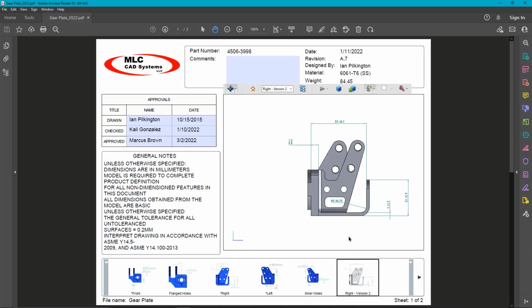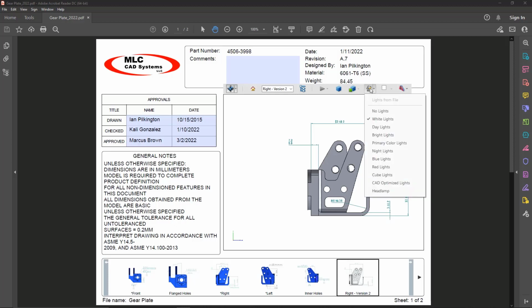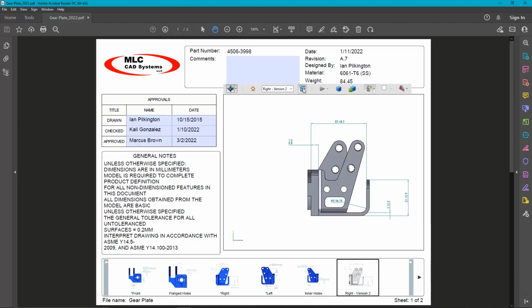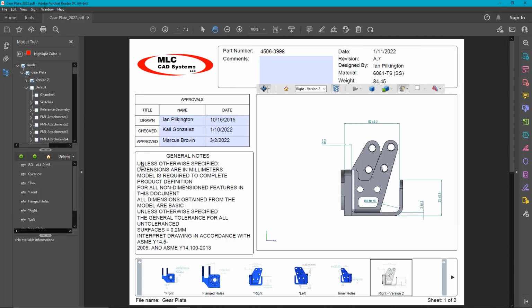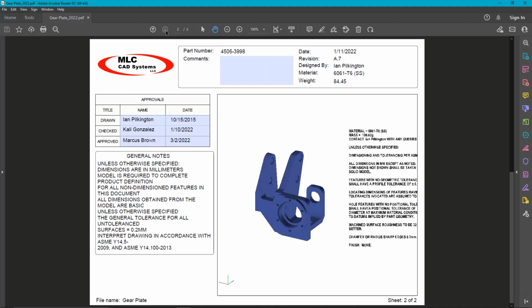As we take a look at these views, we also notice that there's some built-in functions from Adobe, such as being able to do cross-sectioning, changing lights and visualizations, maybe transparency. We also have our model tree that we can take a look at, and we can access any attachments in this 3D PDF. This is where we can save that STEP 242 file for machining or manufacturing, or open